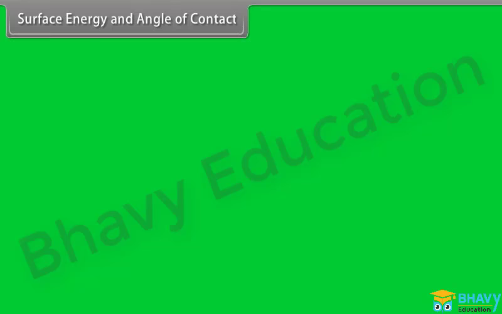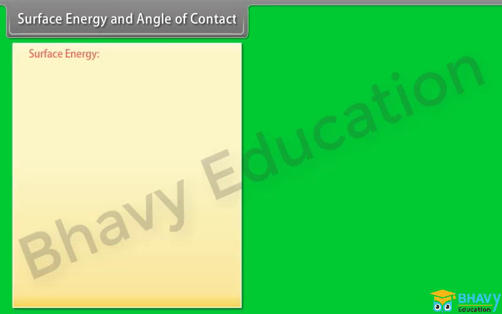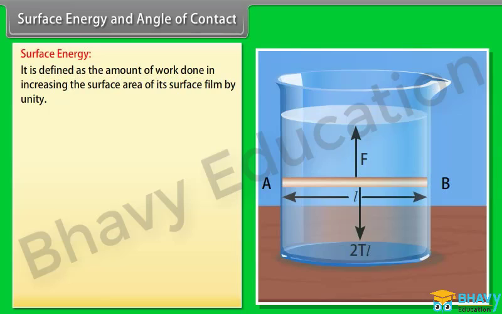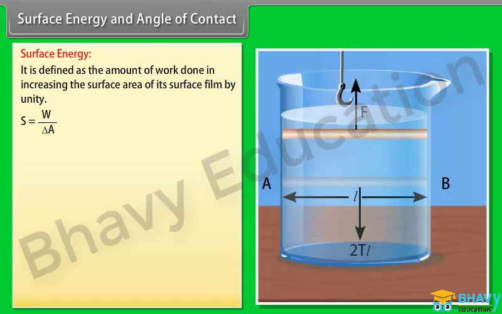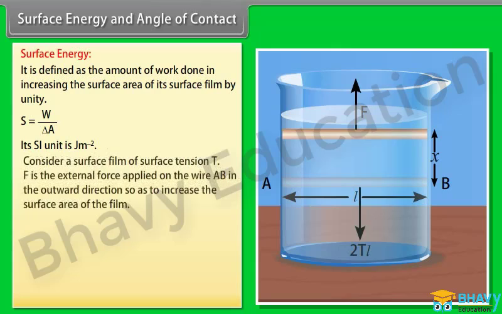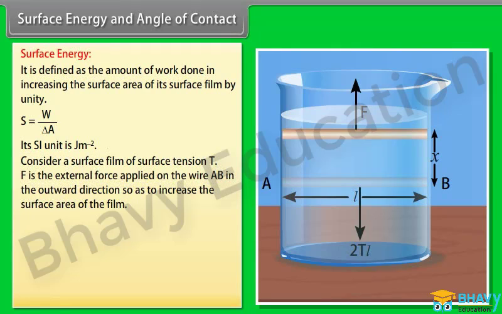Surface energy and angle of contact. Surface energy is defined as the amount of work done in increasing the surface area of its surface film by unity. Surface energy is equal to work done divided by increase in area. Its SI unit is joule per meter square. Consider a surface film of surface tension T. F is the external force applied on the wire AB in the outward direction so as to increase the surface area of the film. Then, the surface energy of the film is given by